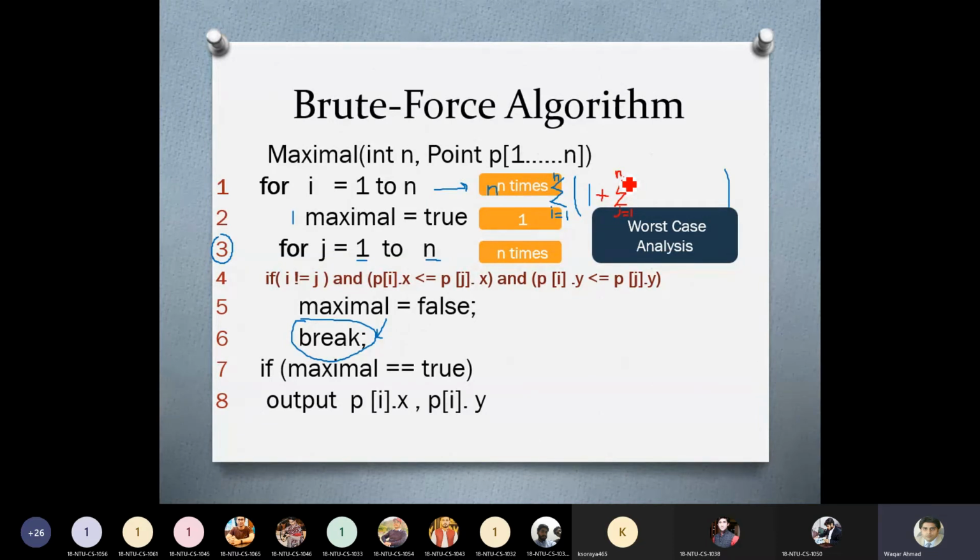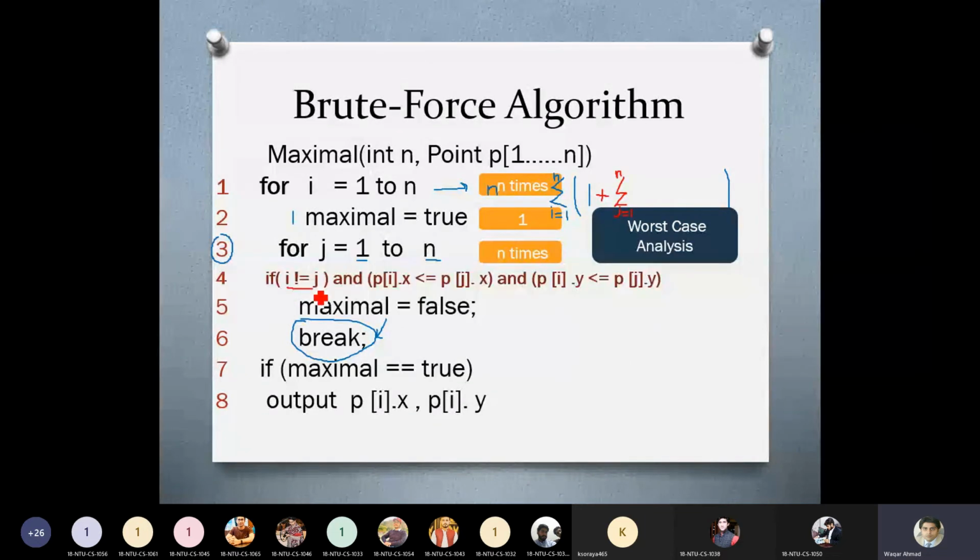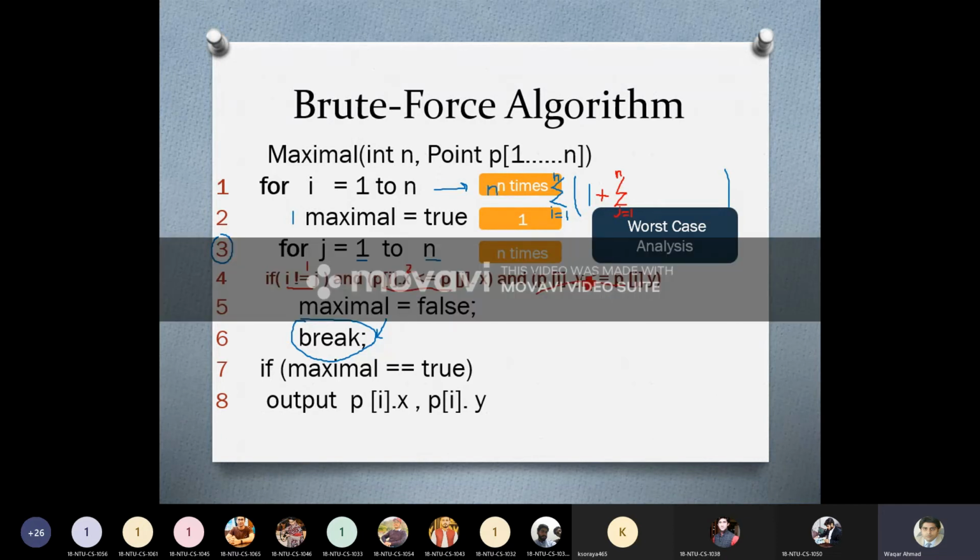Now, how many statements do we have inside this loop? We again start to count these statements. If we also count these conditions as a statement, this is statement number 1. After that, this is statement number 2, another condition, and statement number 3. This is another condition, and this is statement number 4. And this is statement number 5.